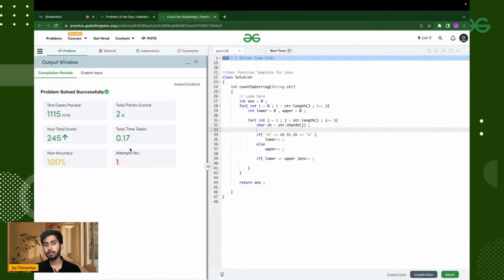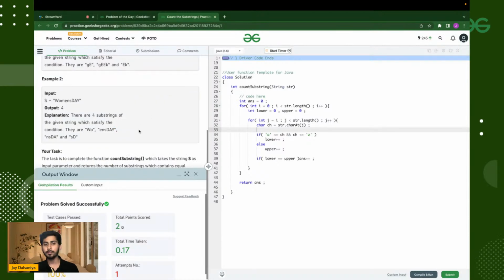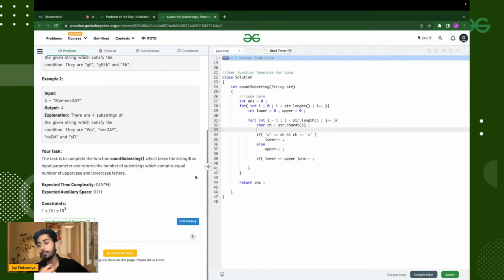Yes, obviously this will be acceptable because it follows the time constraint. It is inside the time constraint, and the time constraint was n square, and we did exactly the same solution. Right? Now if I was the interviewer, I would have asked you the same question, but I would have increased the constraint and I would have said